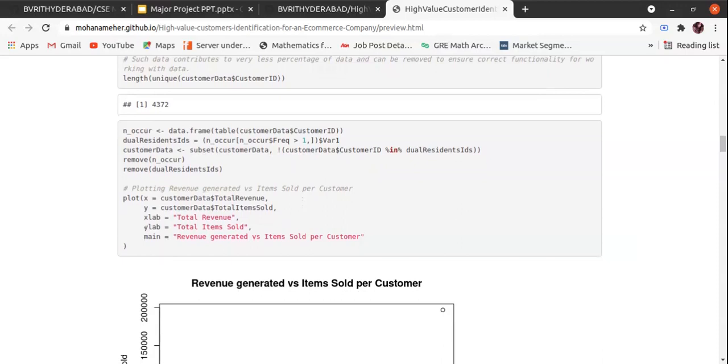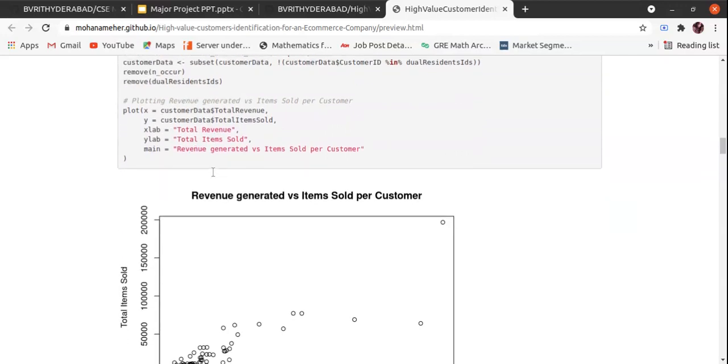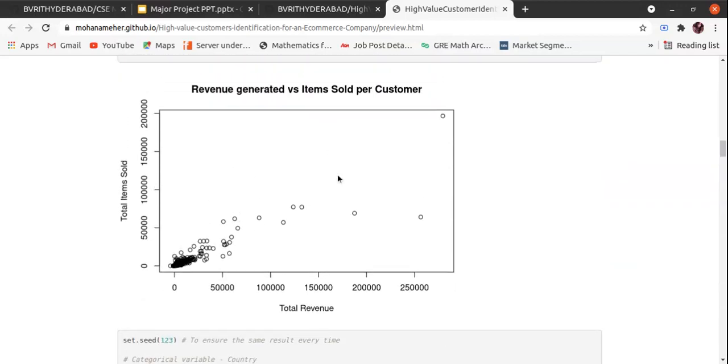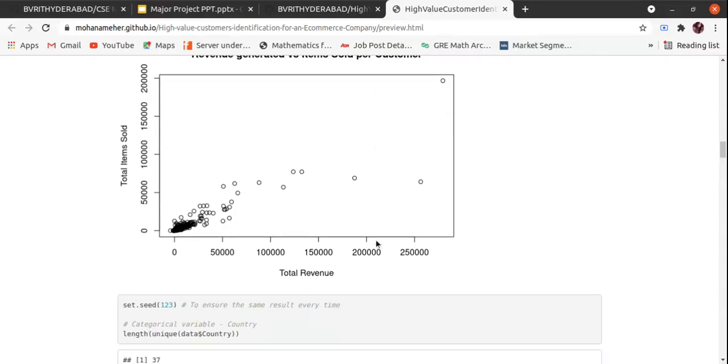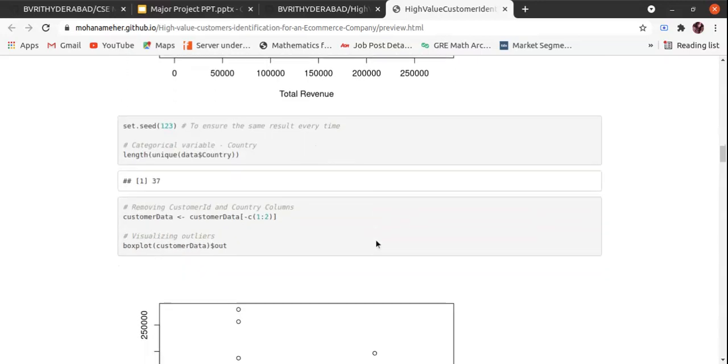Such data contributes to a very small percentage of the data, so it can be removed to ensure correct functionality when working with the data. The graph here shows the majority of sales occupying the space near the 0 point of the graph, with a few exceptions that seem to buy huge quantities with little revenue, or a handful of items with massive revenue.